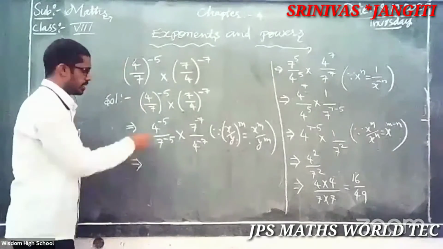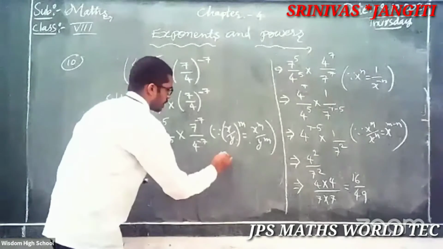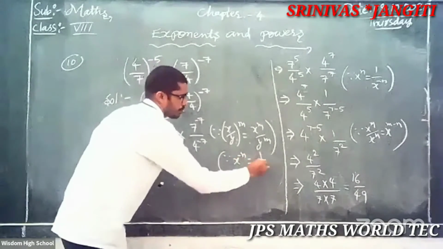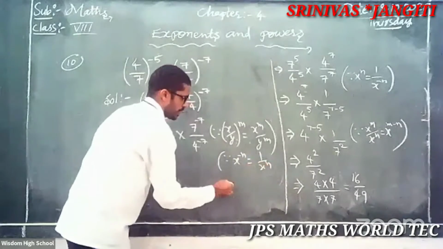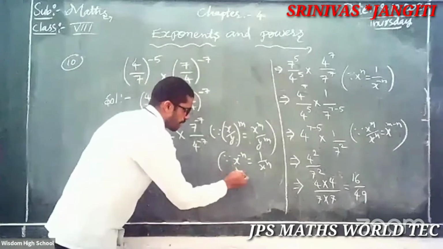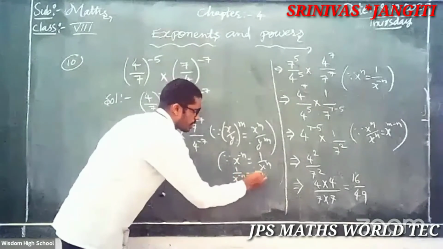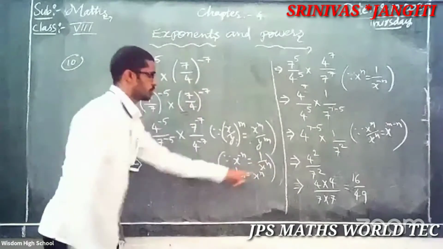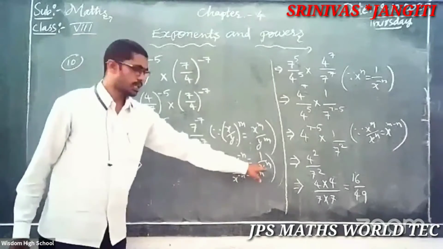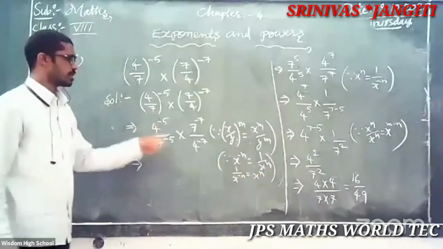It is looking like here negative, here negative. We want positive. How is it possible, sir? You know the two formulas. One is x to the power of minus n is equal to 1 by x to the power of n, right? Another one: 1 by x to the power of minus n is equal to x to the power of n. So here positive, here also positive we get. Where negative on top, down positive. Where down negative, then upside is positive. It is so simple.